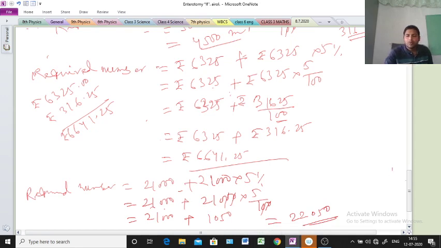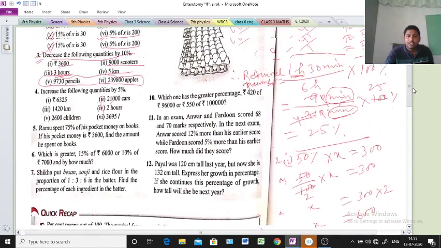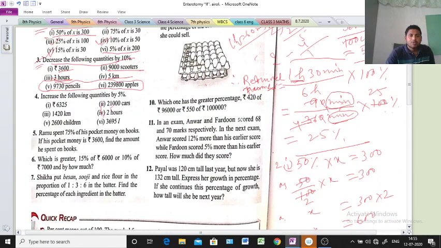So the remaining problems you will do with the same process. For increasing we will do addition, and for decreasing you will do subtraction. Okay, so 1 and 2 are finished, and 3, 4, 5, 6 you will do. From next day I will explain 5, 6, 7, all these problems. If you can do them, no problem, just do and show me. Even in doubt you should inform me. So I hope all problems are clear today, all the explanations are understood, and even in doubt you should inform.